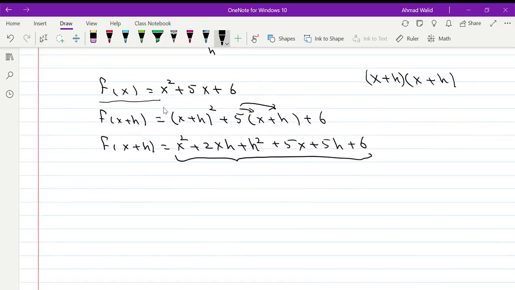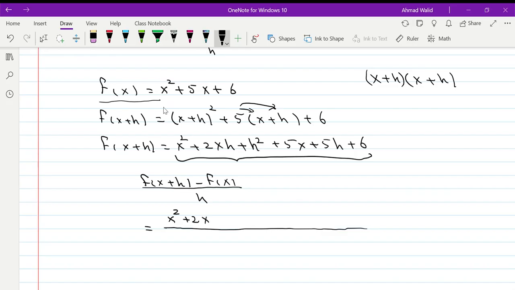Your formula is f of x plus h minus f of x over h. Replace the values. Wow, a long answer. This is my f of x plus h. It means x squared plus 2xh plus h squared plus 5x plus 5h plus 6